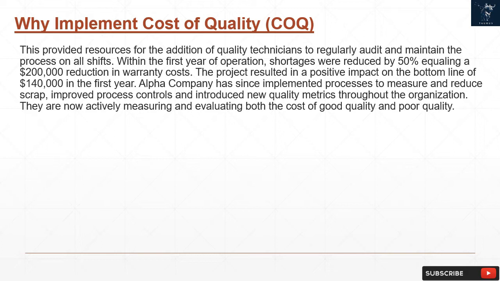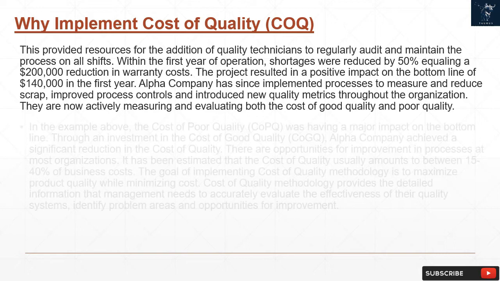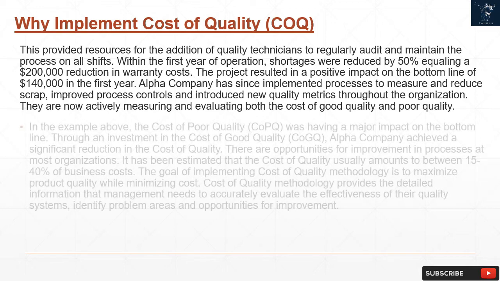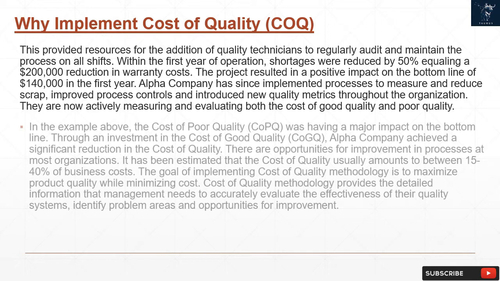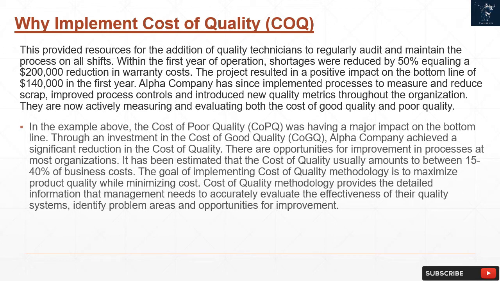Alpha Company has since implemented processes to measure and reduce scrap, improved process controls, and introduced new quality metrics throughout the organization. They are now actively measuring and evaluating both the cost of good quality and poor quality. In the example above, the cost of poor quality, CoPQ, was having a major impact on the bottom line. Through an investment in the cost of good quality, CoGQ, Alpha Company achieved a significant reduction in the cost of